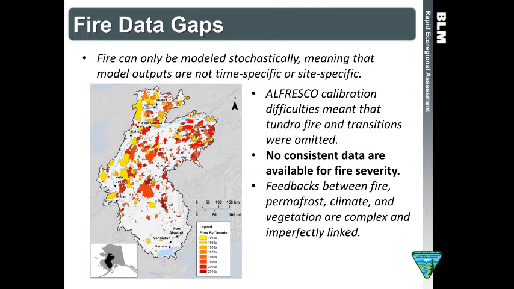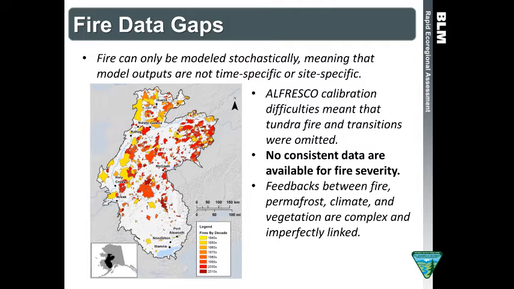Big one there that's in bold is that no consistent data are available for fire severity, and that's unfortunate, and we'd really like to be able to pull together more long-term data on that, just because the feedbacks from a severe fire in terms of loss of lichens, regrowth after fire, just impacts on habitats and biomes are really different for a light burn, something that just passes through and leaves the trees living, compared to something that burns through the whole duff layer.